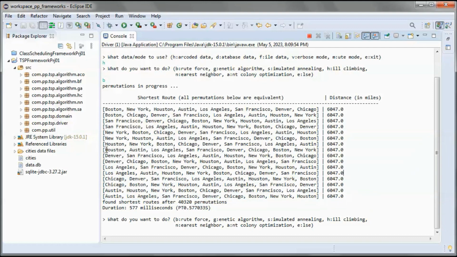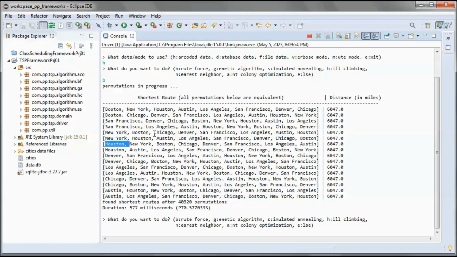So if we start from here, from Houston, Austin, LA, it's the same as here: Houston, Austin, LA, San Francisco, Denver, Chicago, and then going back to Boston. And we can go the other way around.